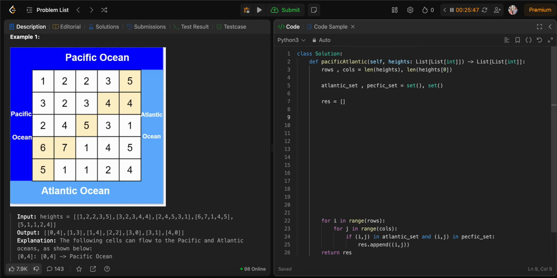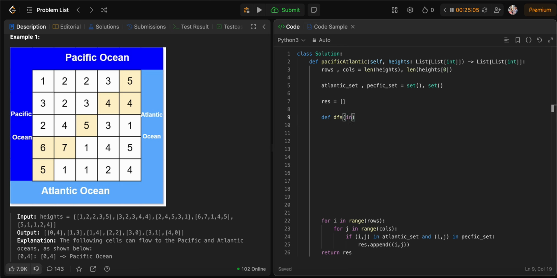So what I told you, from each side of the cell we'll try to go and check. From each cell, like at the beaches of the ocean, like this 1 3 2 6 5 is the beach, right? So for each cell we'll try to check if that particular cell can go to the Pacific, if that particular cell can go to the Atlantic or not, right? And we are keeping the set so that we don't add duplicate values, right? So we'll try to go, let me write first